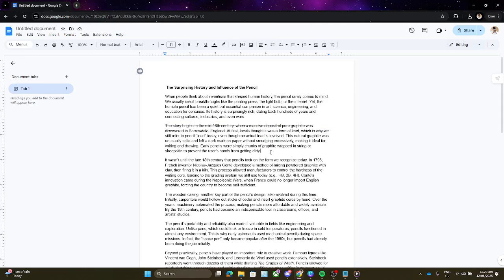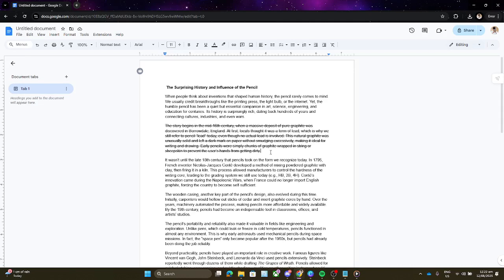You've successfully added a strikethrough to your text in Google Docs. Not only is this useful for editing purposes, but it also helps in maintaining a record of changes without losing initial ideas or inputs. If ever you decide that you no longer need the strikethrough, you can undo it by